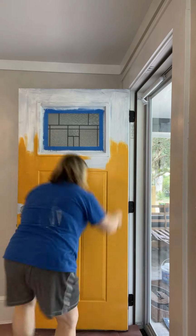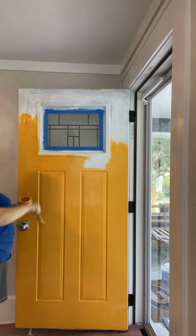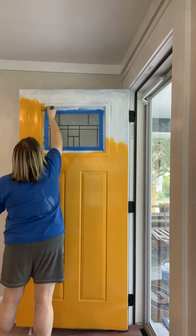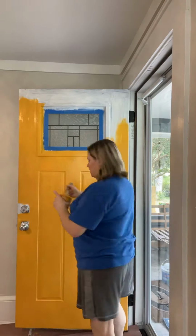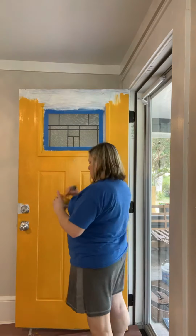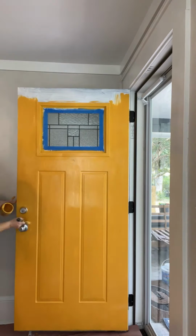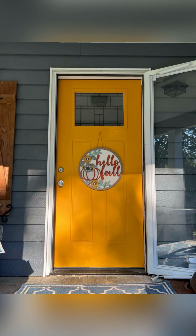We are using Dixie Belle's chalk paint in a color called Colonel Mustard. It's basically a mustard yellow, and I picked it because it's a complementary color to navy blue, which is what color the exterior of the house is. Once the first coat had dried completely, I came back over it with a 400 grit sandpaper just to get it nice and smooth. Then came back in with a second coat and then sealed it later with Clear Coat